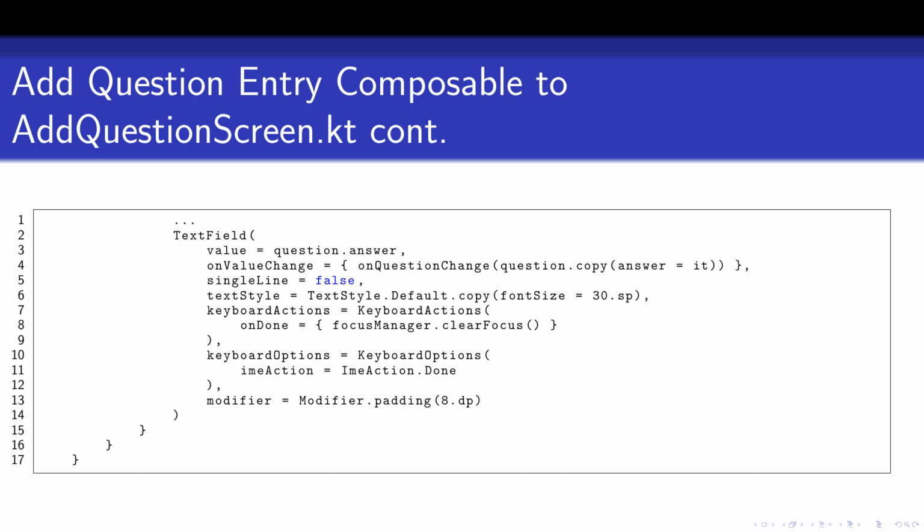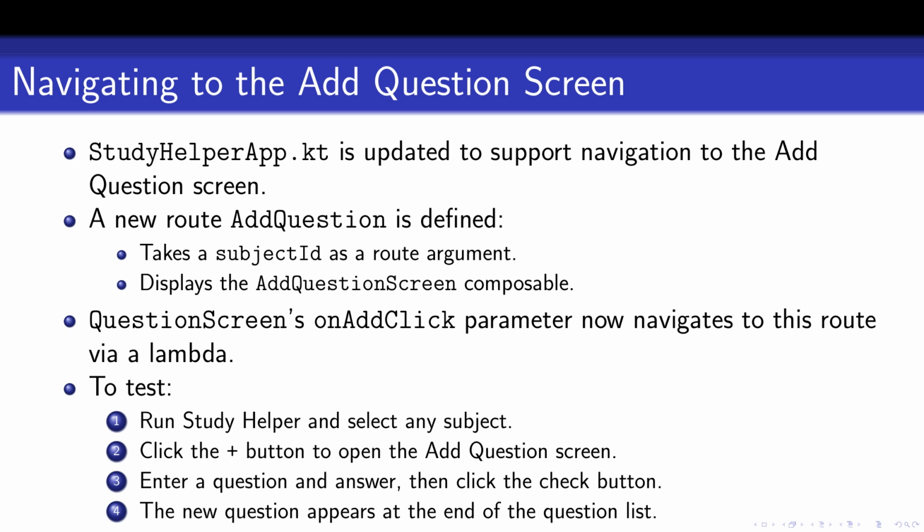The second row of the form holds the text field for the answer. Similar to the question field, it supports multi-line text and uses a 30 SP font size. Pressing the Done key clears focus from the field to dismiss the keyboard. The user experience is consistent across both input fields, and the form is designed to support smooth entry and submission of new content. To allow navigation to this new screen, we update